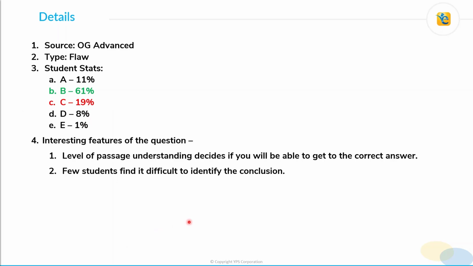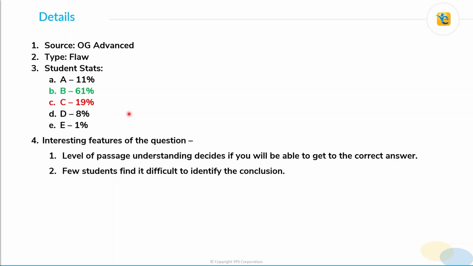Now, what is interesting about this question? As I mentioned, this question will help you understand how well you are analyzing the passage. The good thing about this question is that even if you are not very clear with passage understanding, you can get to the correct answer choice. Why? Because of the placement of answer choices. The correct answer choice here is choice B, and many of you, even if you are not clear with the passage completely, will say that okay, choice B is correct, and based on that feeling, you will be able to reject choice C. However, what you need to check here is whether you are rejecting choice C for the correct